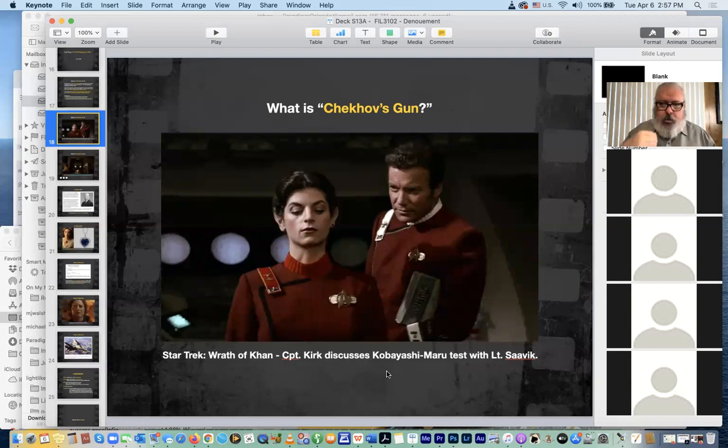So we're introduced to the Kobayashi Maru as a concept within the Star Trek framework.